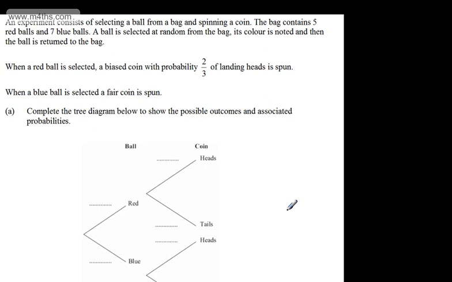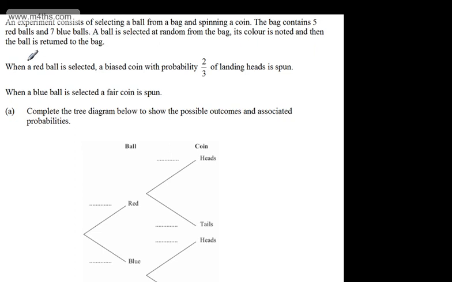In this video, we're going to continue our work with probability and look at some exam style questions. We're told an experiment consists of selecting a ball from a bag and spinning a coin. The bag contains 5 red balls and 7 blue balls. A ball is selected at random from the bag, its colour is noted, and then the ball is returned to